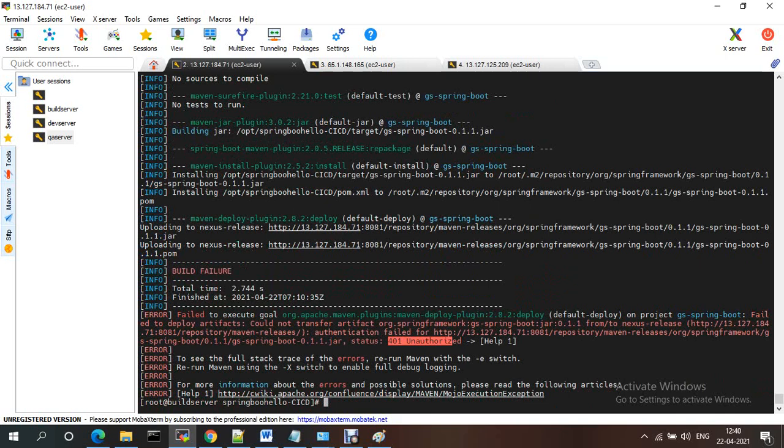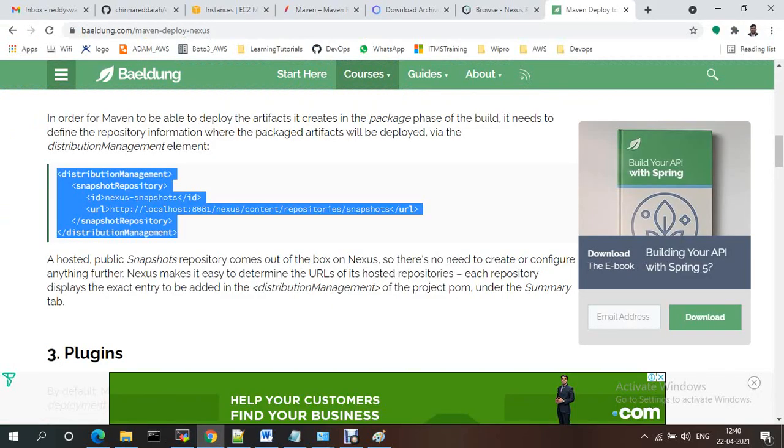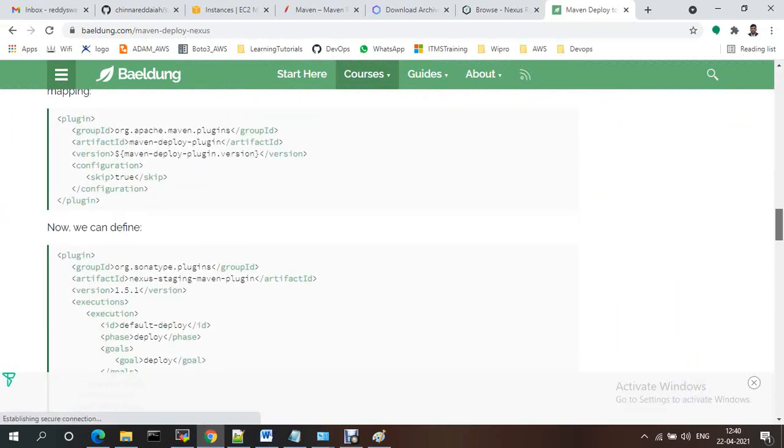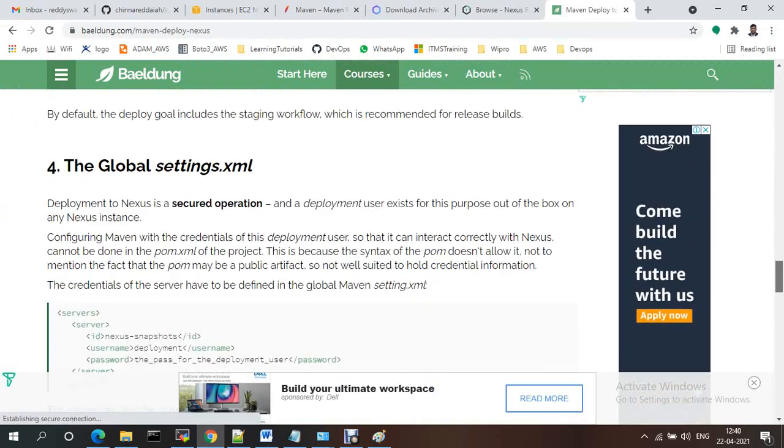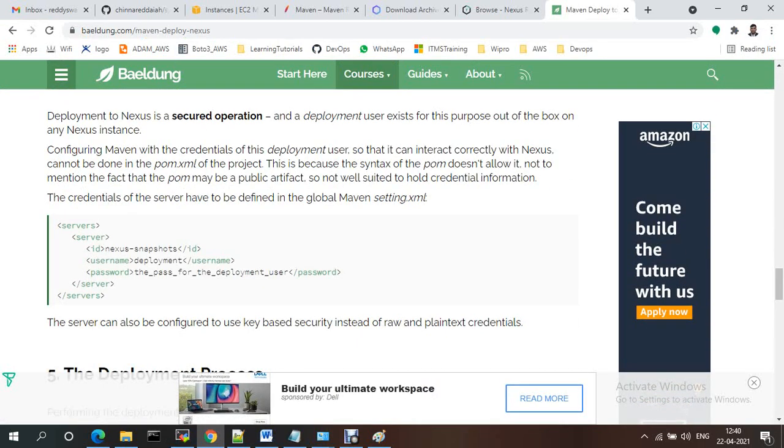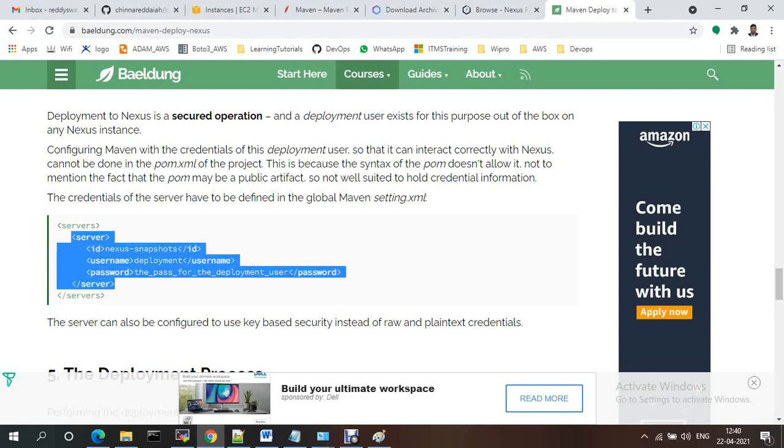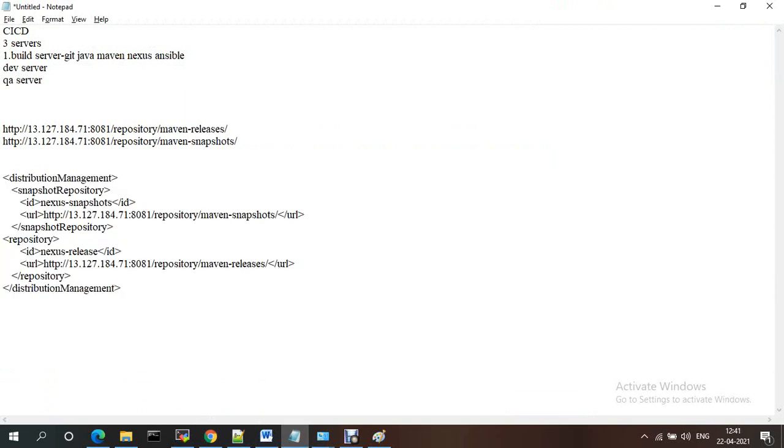You just need to provide credentials, the Nexus username and password. Under servers you just need to provide the username and password, in the global settings. See, nexus snapshot.